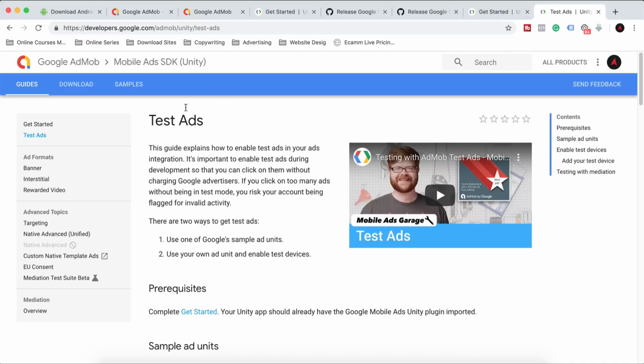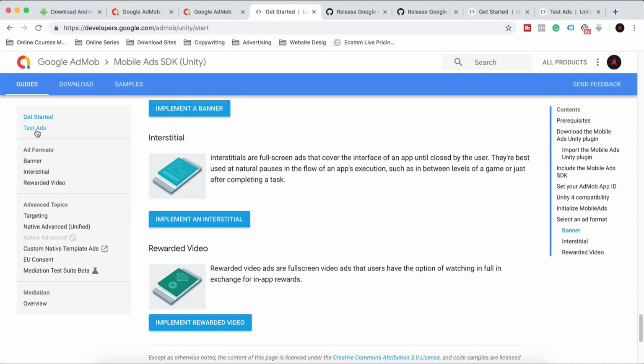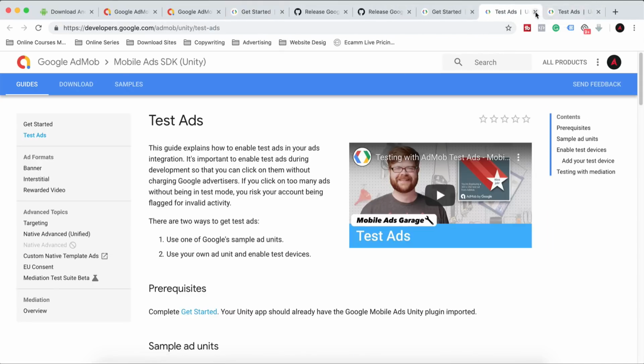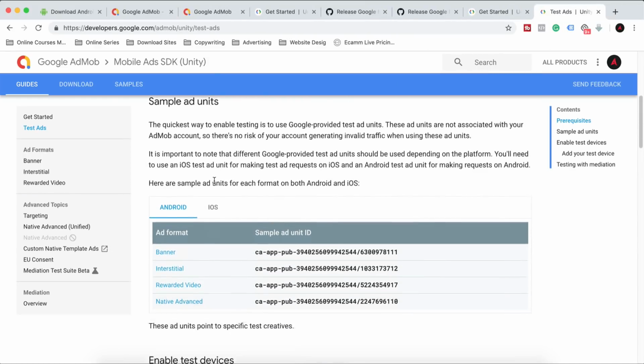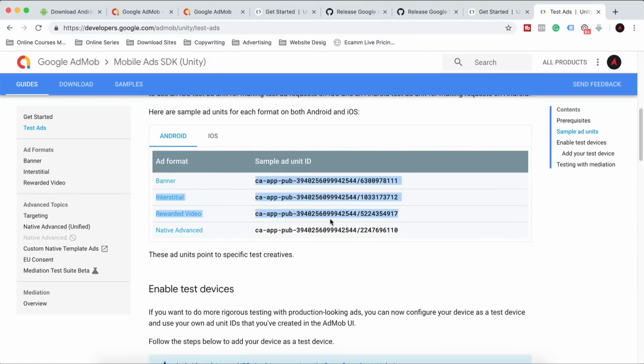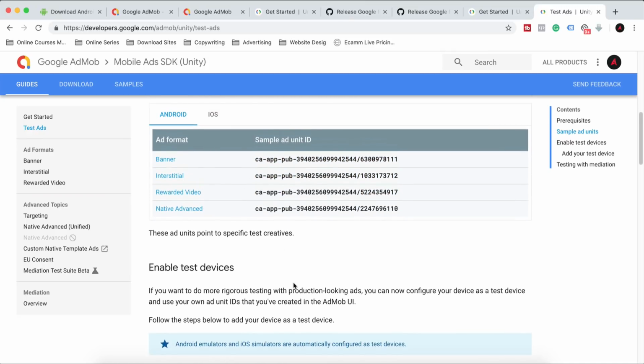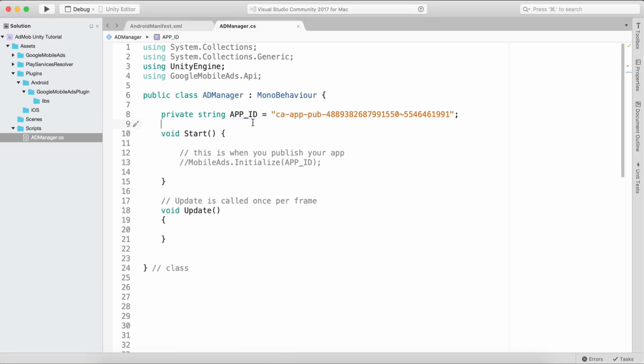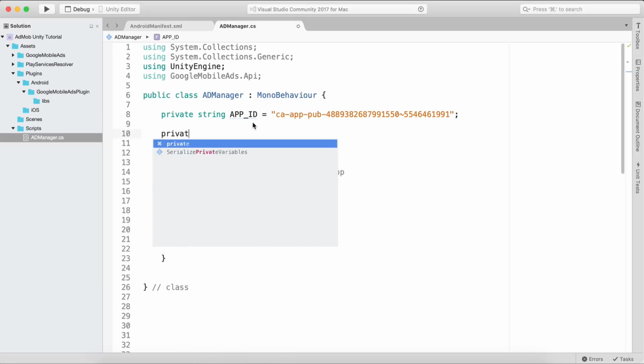So this is for testing ads, and that is right here. And getting started and testing. So when you open that, this is that window. And I can close one of them. So this is that window for testing ads. What we need to do, these are the ads or ad IDs that we need to use to test all of it out. But first of all, here, right below our app ID, we are going to say here,